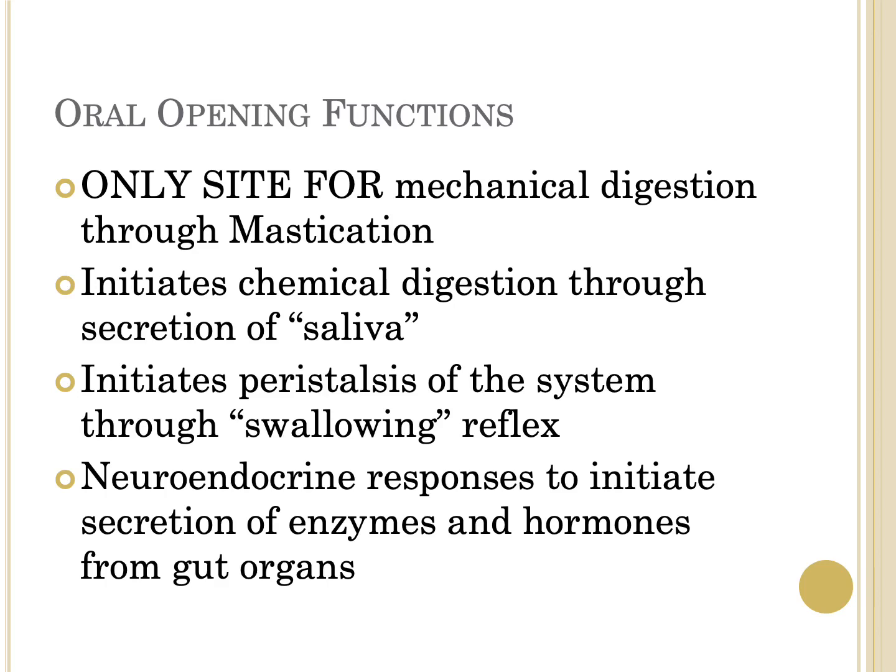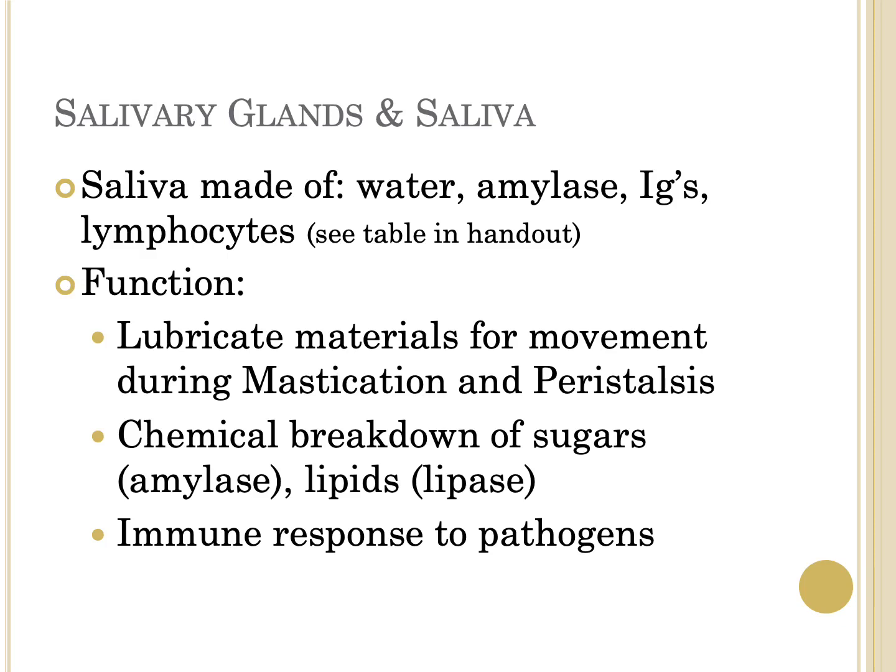We're also going to have the initiation of the neuroendocrine response due to the signals coming from the gustatory centers, the taste buds, with the hypothalamus, allowing for the initiation of the neuroendocrine response. That's going to establish both enzymes that are going to come into play later on within the alimentary canal, as well as what's going to happen in terms of the postprandial, after-meal response that's going to allow us to deposit all of the monomers that we've been absorbing into the tissues that we need to absorb those materials into for normal homeostasis.